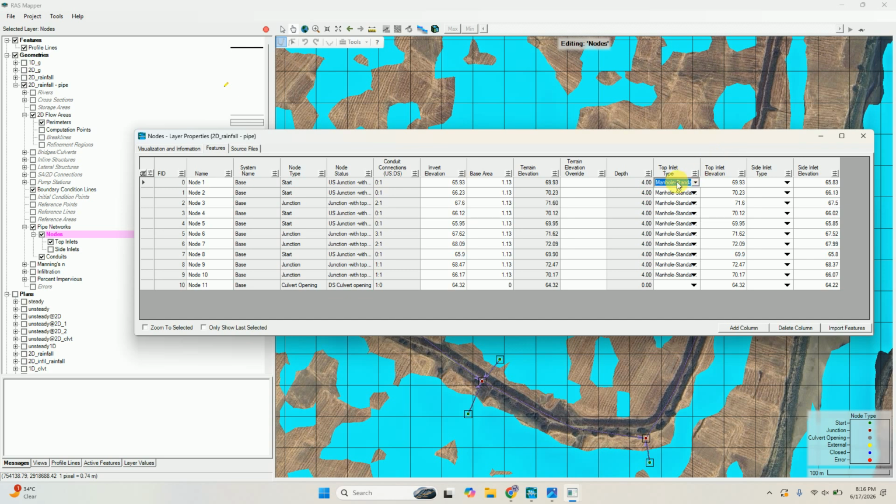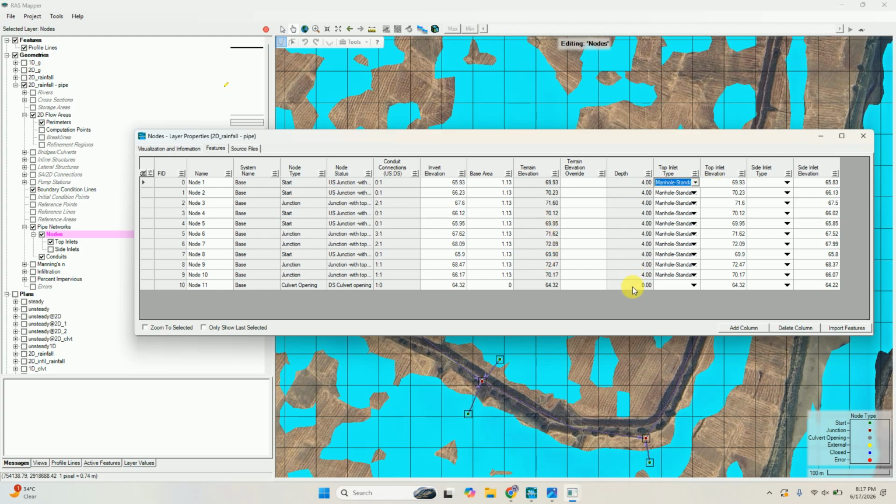Here I am just going to deliver you a trial video, so I have selected manhole standard for each node, and top elevation, where this manhole is located, is at this location. At this location these manholes are located, so I have given the same elevation to the manhole locations.